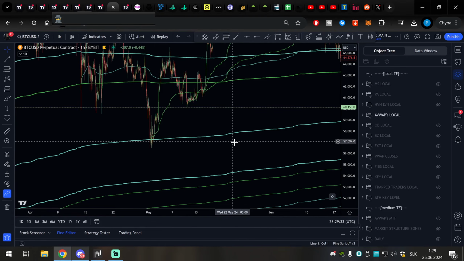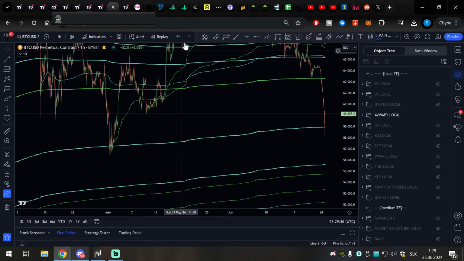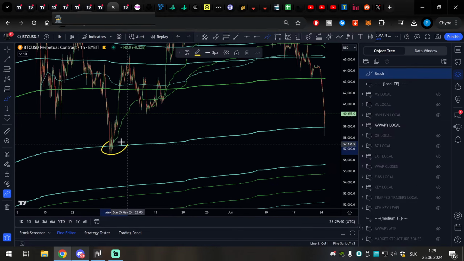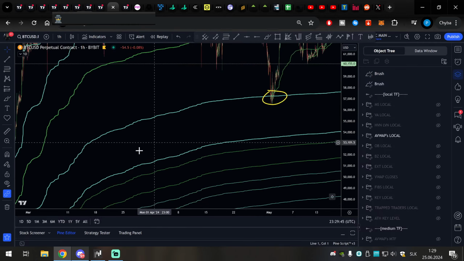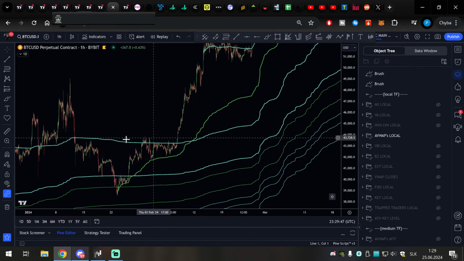So in the past, we found those are big anchor VWAPs. They collect huge volume. So you need to look at this as an area. So you see market found stability here, market found stability here. Why did that happen? Where is this coming from? Let's go for the journey.